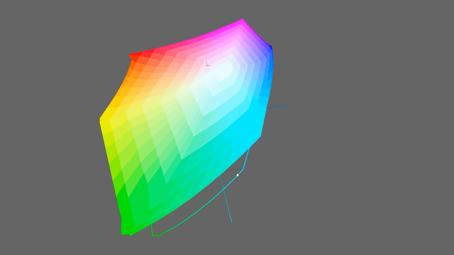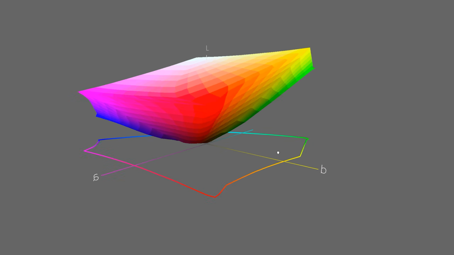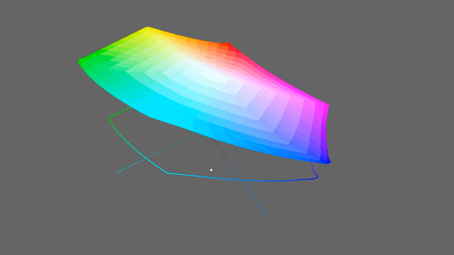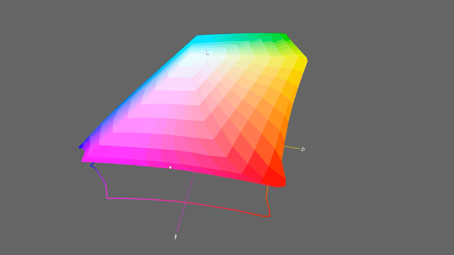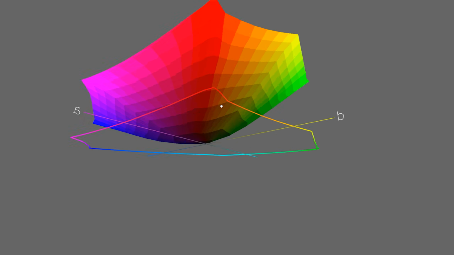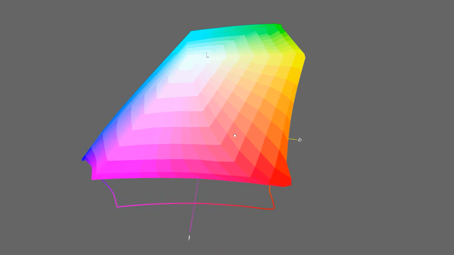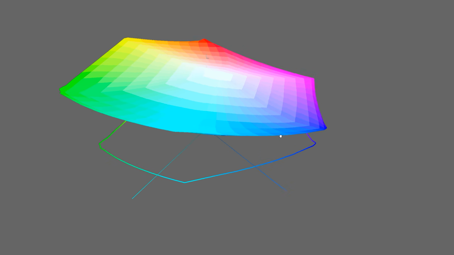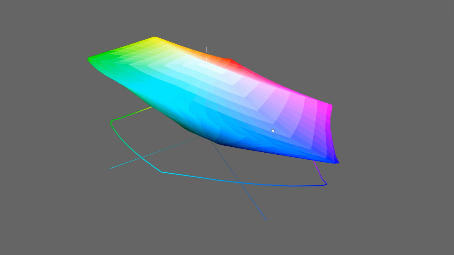are. Now, every single output device, whether it's a projector, a monitor, even a printer, is going to have a color gamut because they reproduce colors and they're only going to be able to reproduce certain ones of them. Technically, each individual unique device is going to have its own unique gamut. So that means that if you have two monitors that are the same model, they are going to have slightly different gamuts because of manufacturing differences, but they are going to be pretty close.